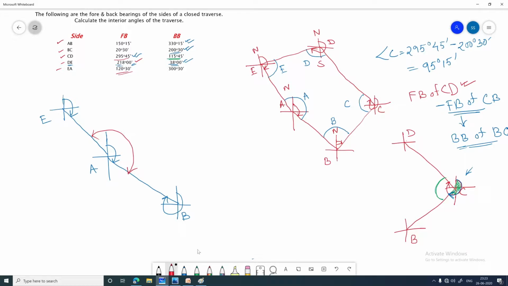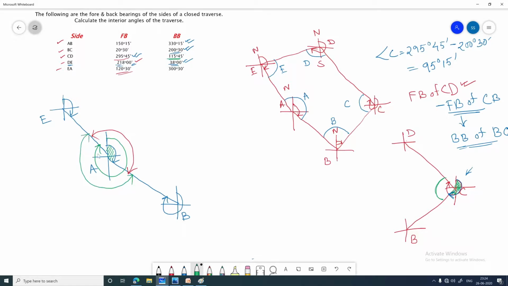And what are the other angles that we already know? This angle we already know, right? This is the forebearing of AE, because if we see from A to E side, this is the line and it is always taken from the north, right? The green line indicates the forebearing of AE. So if you deduct this particular angle from this total forebearing of AE, we can get this exterior angle, right?